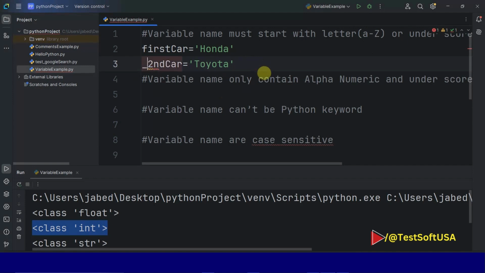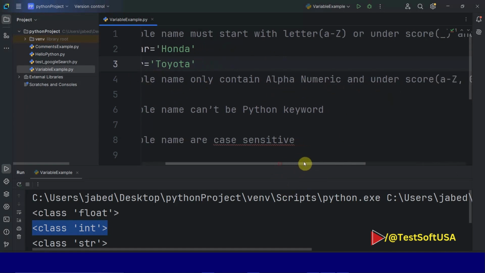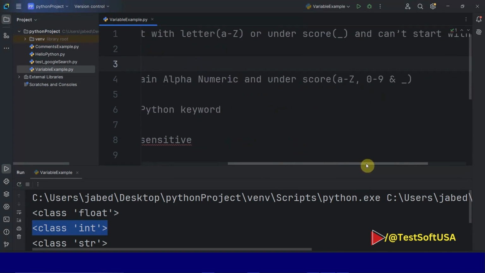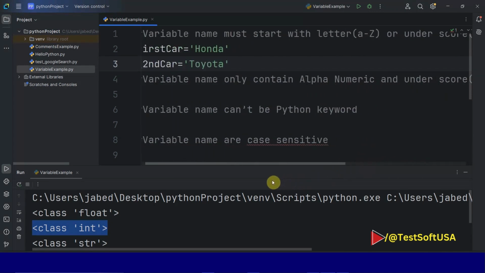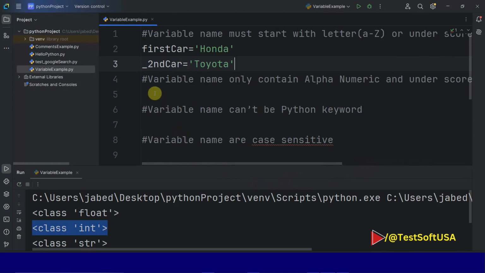So if we put an underscore in front of that, you see the error is gone: _2nd_car = Toyota. That means a variable can only start with A to Z or an underscore; you cannot start with a number. So the second rule: a variable name can only contain alphanumeric characters and underscore, A to Z, 0 to 9 and underscore. Let's say I'm declaring my car as a variable, my_car equal to